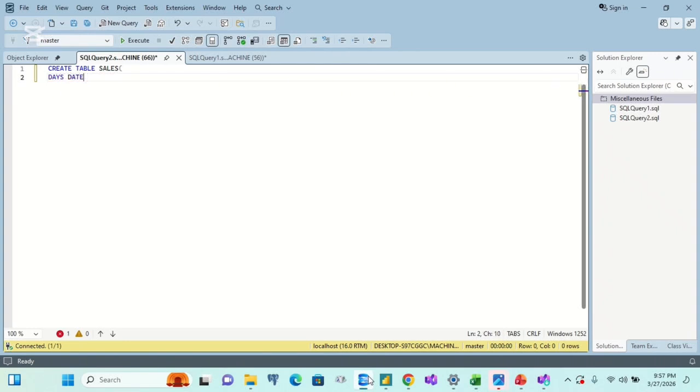Then this was me trying to put in the data type for each of the columns in the Excel sheet. Of course, I use date for days, I use integer for transfer, and I also use integer data type for cash. Now it's time for me to run this query, but I'm not on the right database, so I have